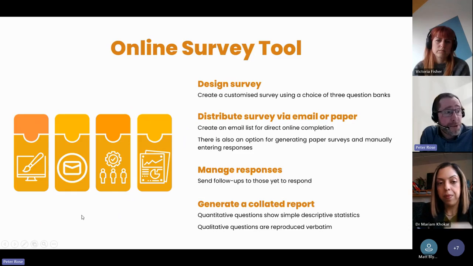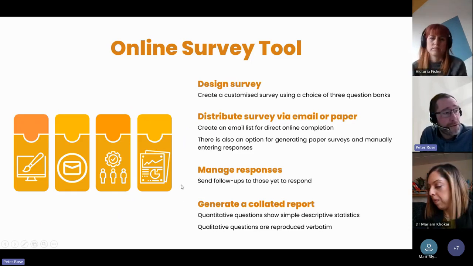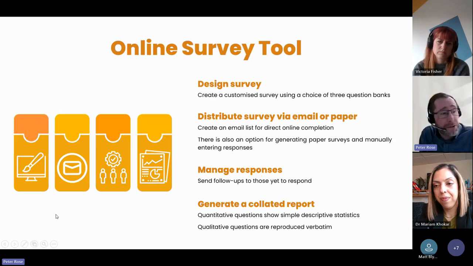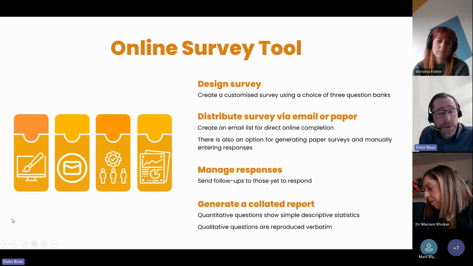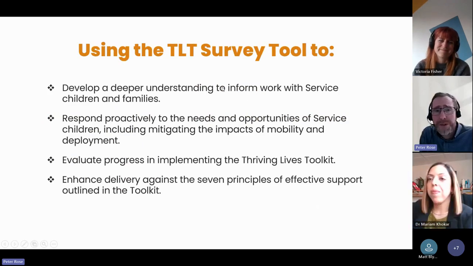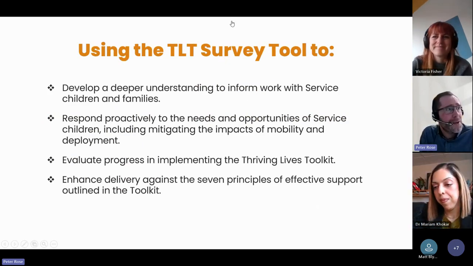You can manage responses by sending targeted follow-ups to people who have not yet responded, and you can generate a collated report that does some simple descriptive statistics of the quantitative questions, and then collates all of the qualitative responses for you. So yes, that's my whistle stop tour. I shall stop there, but I'm happy to answer any questions.